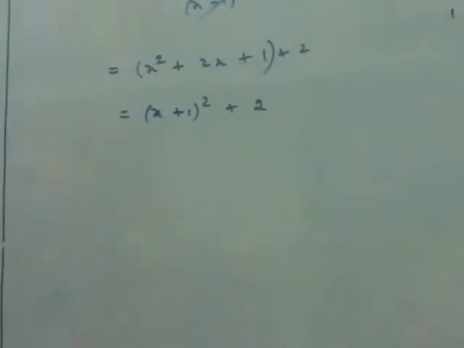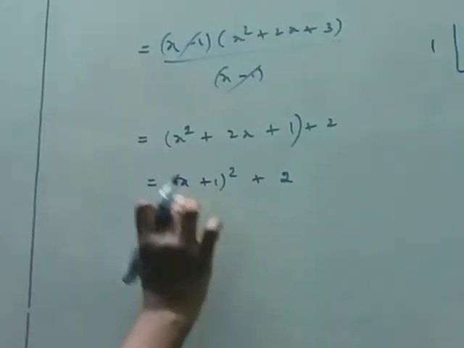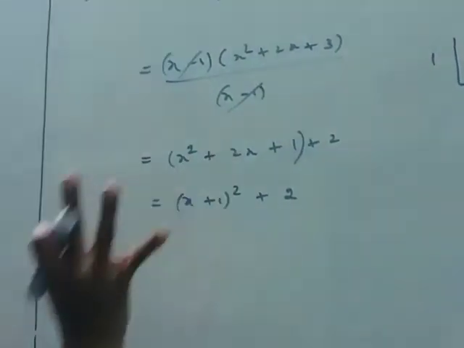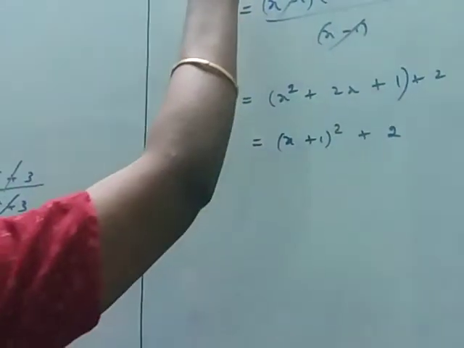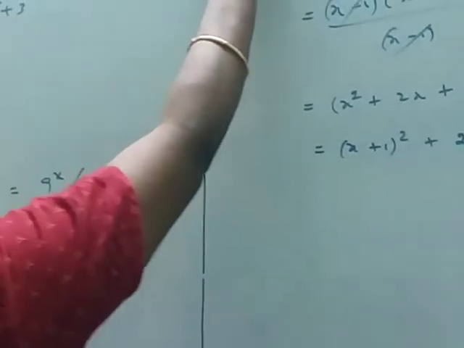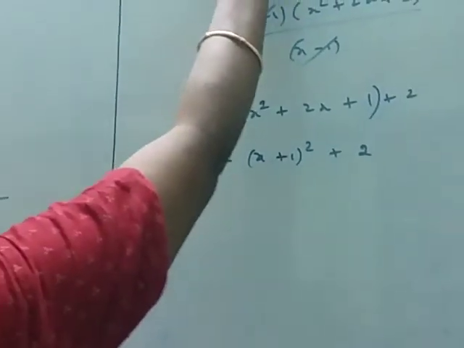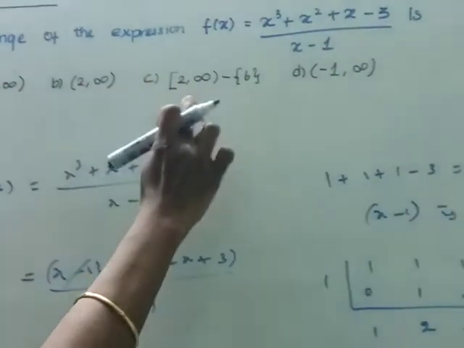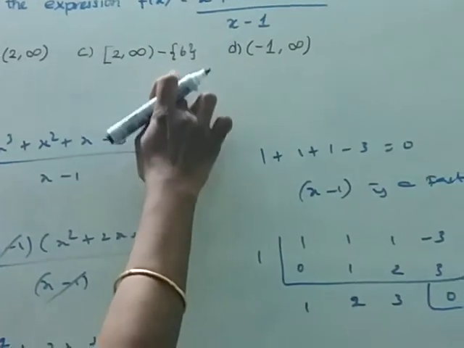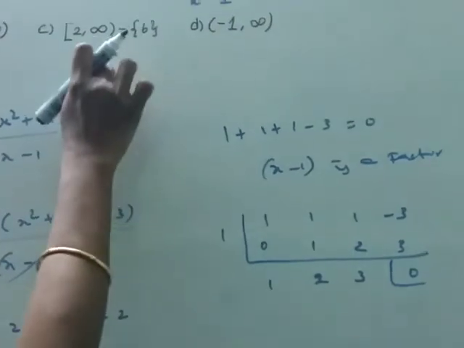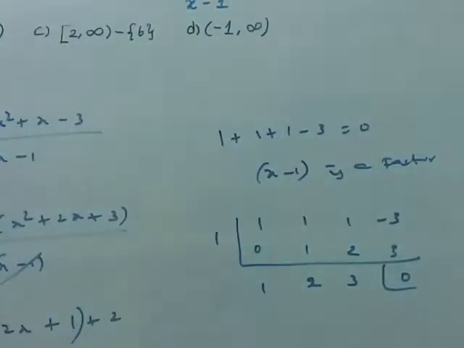So if you put any value of x, it never becomes negative. It always becomes positive. Okay ma? So see here, the first is closed 2 comma open infinity, open 2 comma open infinity, closed 2 comma open infinity. The difference is 6 is given. The 6 element is given here. Here -1 to infinity is given.